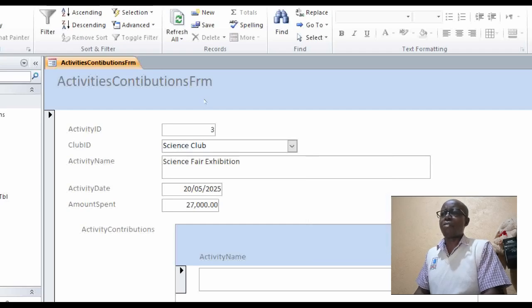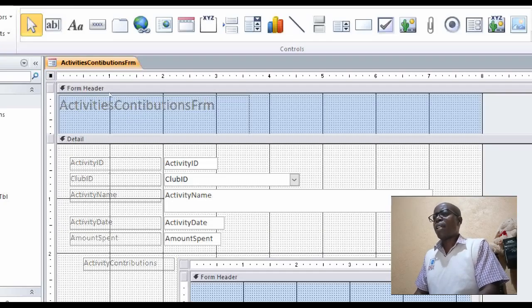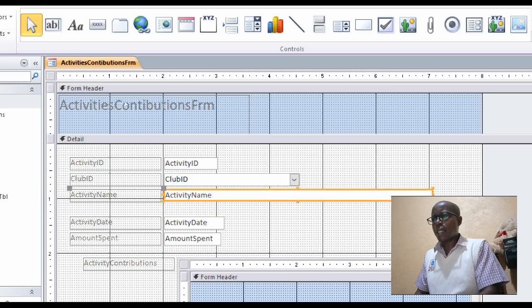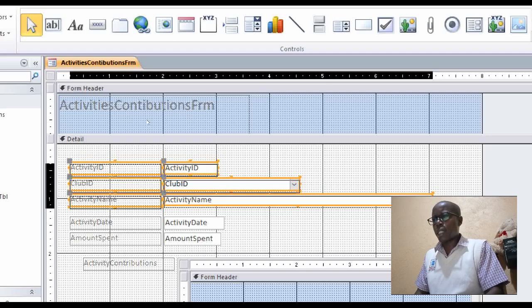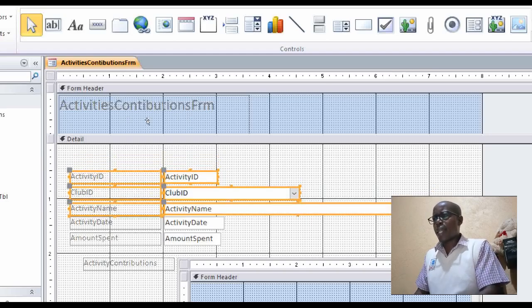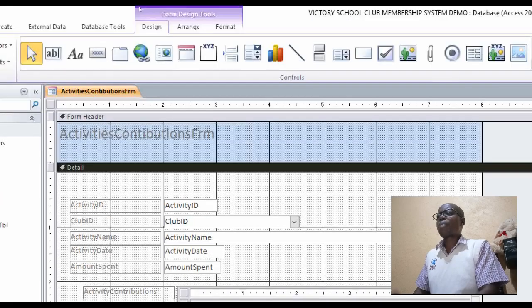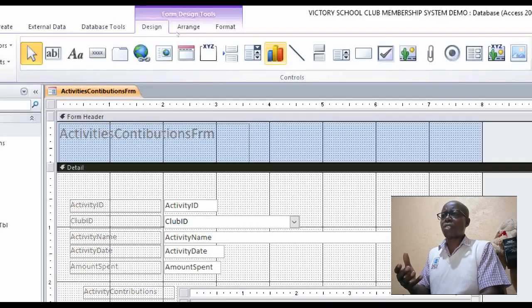We are going to design view, and then just above my fields here, activity name is taking too much space. I just need to move it up a little bit and then move the others down like that. Then from the design tools, the design control